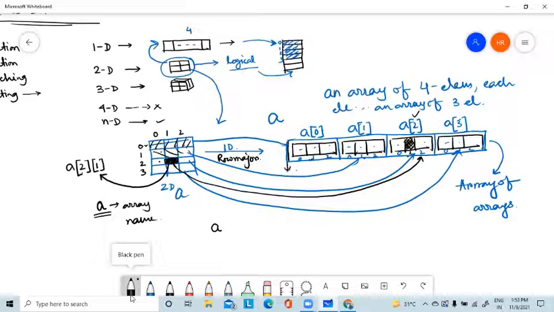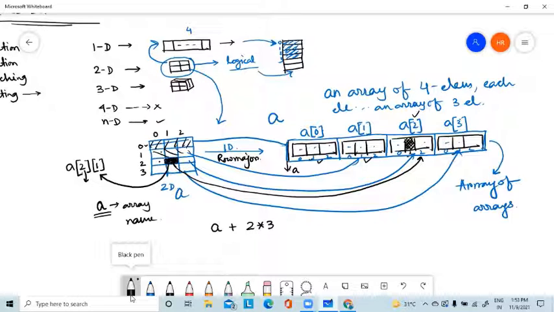Then I have to move how many rows? I have to move 2 rows. What is the size of each row? The size of each row is 3 elements. So we have to add 2 into 3.